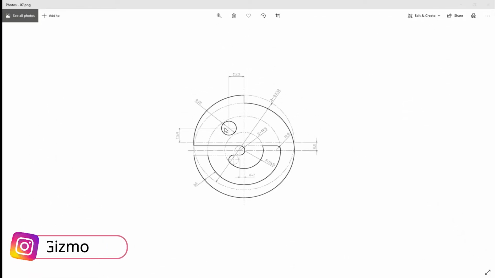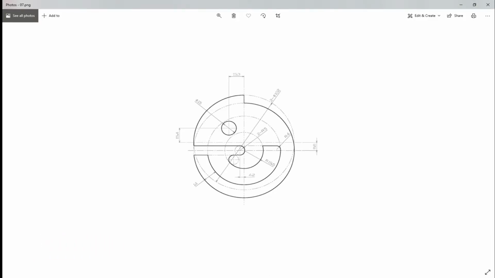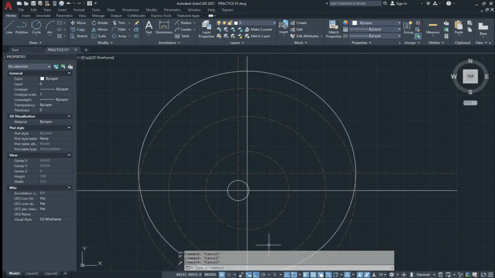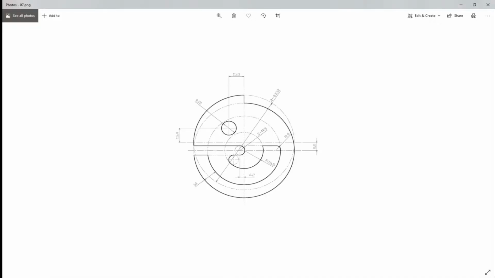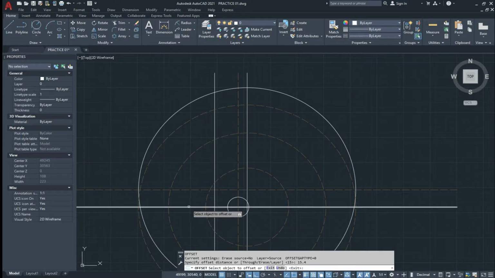So guys, we are going to draw this circle which has the distance 15.3 from this line and 15.4 from this line. 15.3 units and 15.4 units.